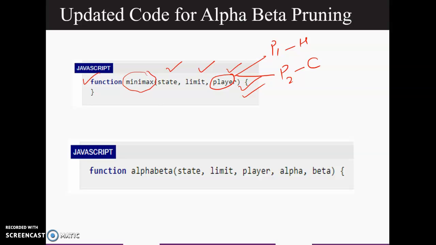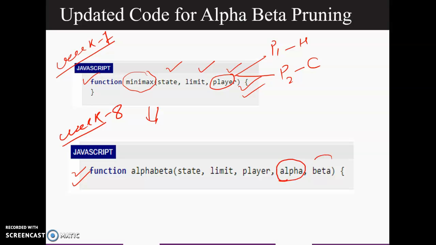Now in week number 7 for minimax search. Now in week number 8, what you are doing, you are adding the features of alpha beta pruning. And as I said in the previous slide, if you are going to implement the features for alpha beta pruning, you are going to add 2 extra parameters, that is this and this, that is alpha and beta. And here, since we are adding these 2 parameters,